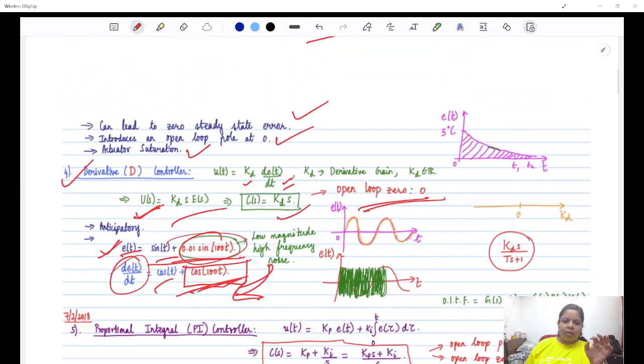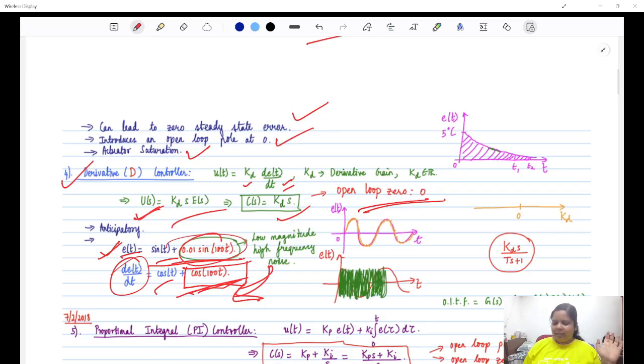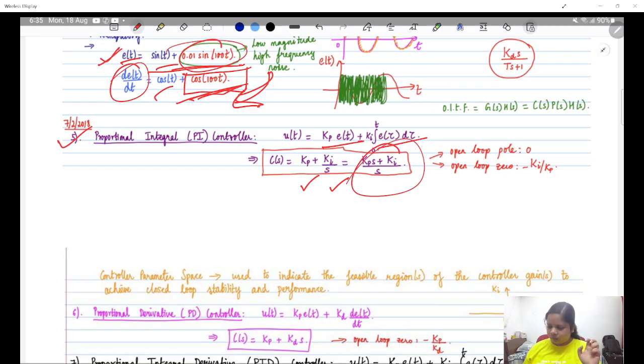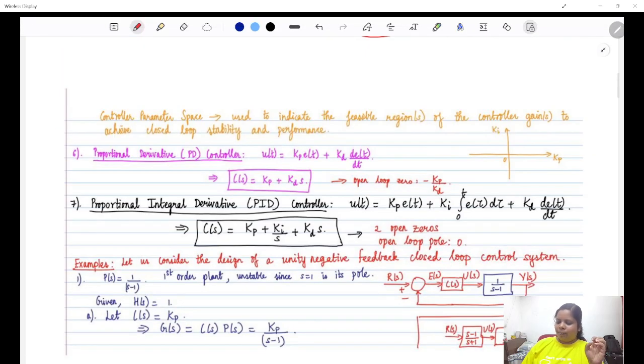Now, since for now we have seen P, I and D independently, let's say we have a combination, a PI controller. So it would be Kp into e(t) plus Ki into integration of error, right? This is the same thing which we have done, just individually. So here, if you take the Laplace transform, it would be Kp plus Ki by s for the controller. Okay. So the next is the PD controller. It would be Kp into e(t) for proportional and Kd into d upon dt for derivative, and this would be your controller.